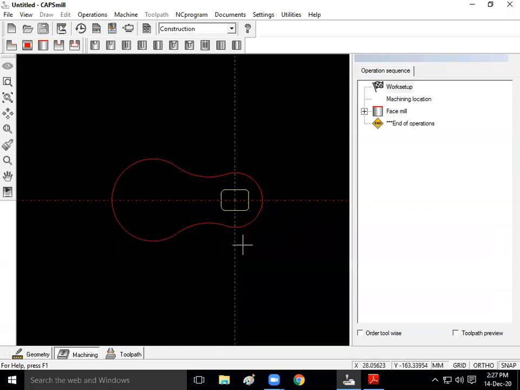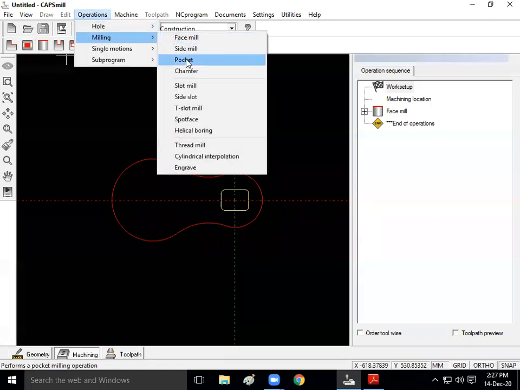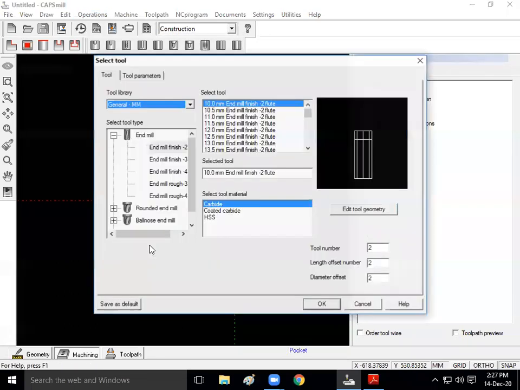Next operation is what? Pocket milling. To do the pocket milling, either you can select this pocket milling command, or you can go for operation, milling, pocket. I'm going to select this pocket milling, new tool. By default, it is an end mill cutter of 10 mm diameter.